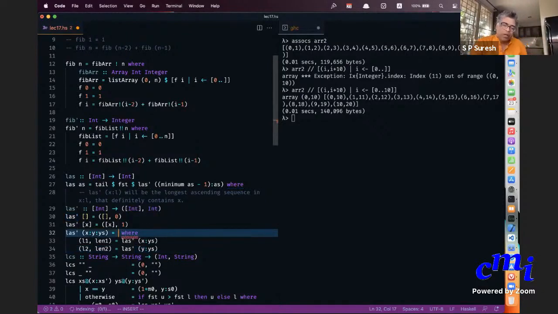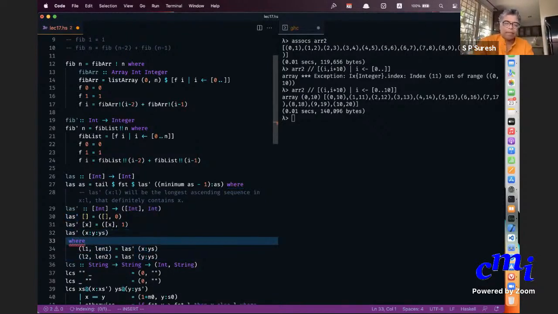Now, here, if x is less than y, then you have to see. You want to take the greater of the two lengths.